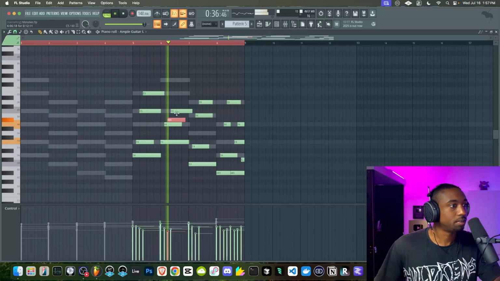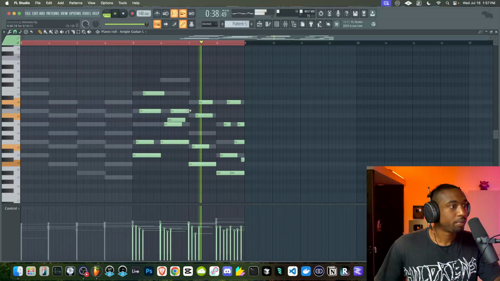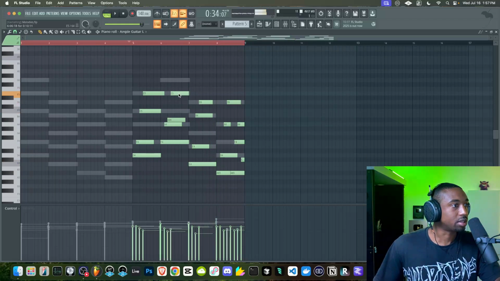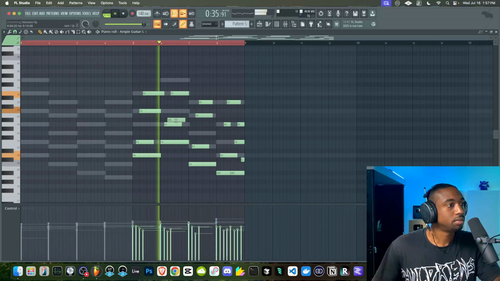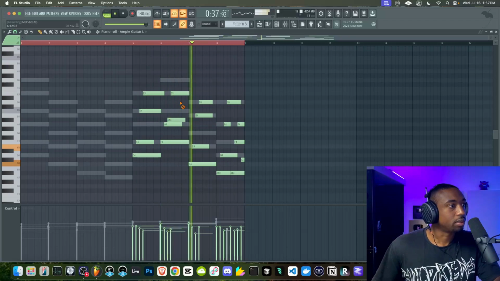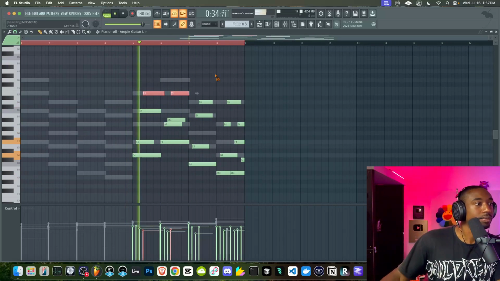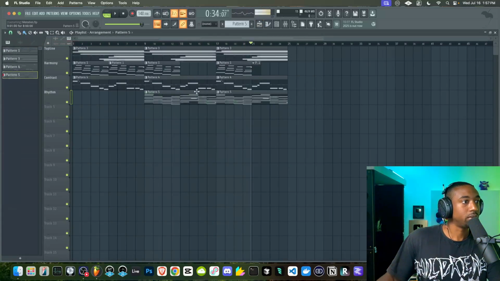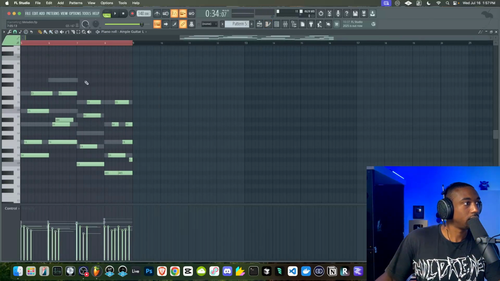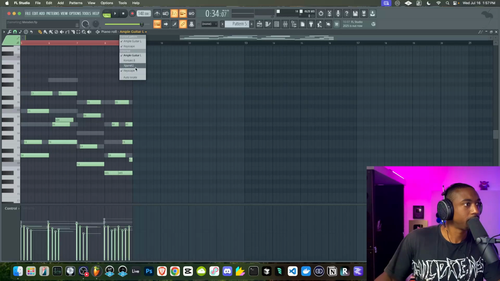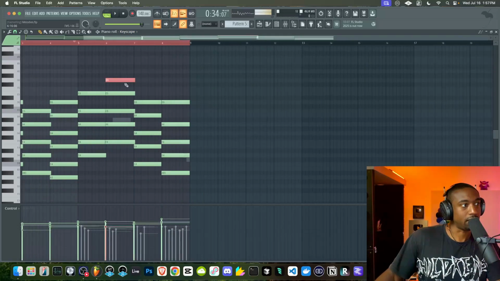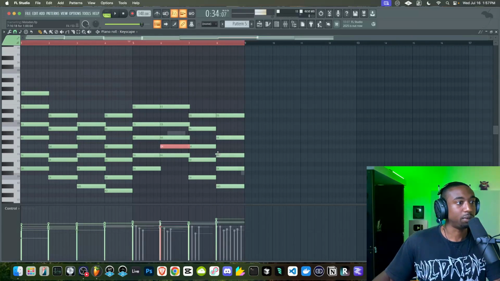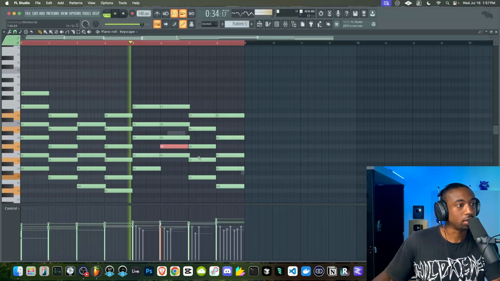Let's just hear it. We just got to make this section. There we go, that sounds a little bit more melodic. What I might do too in the chord is revoice that ninth chord, because this G is kind of sticking out like a sore thumb. Let's maybe pull it down an octave. It's called a clustered chord.